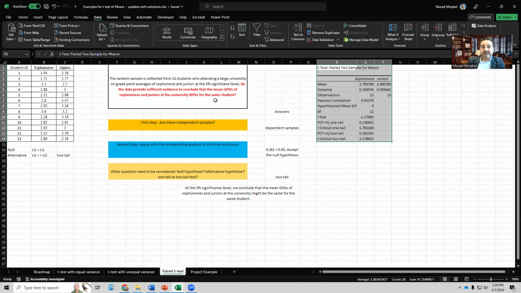So again here, is it one tail or two tail, right? Since it says differ, meaning are they equal or not equal, right? So that's the question. They didn't say greater or less than. So if they say differ, that means not equal or equal, that means two-tailed. We look for the two-tailed